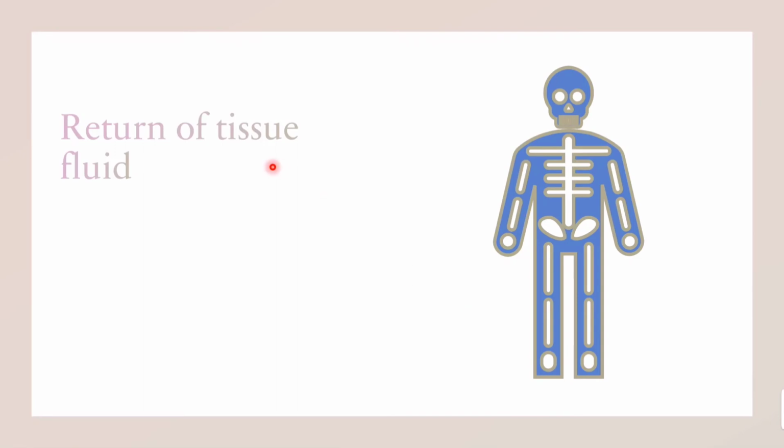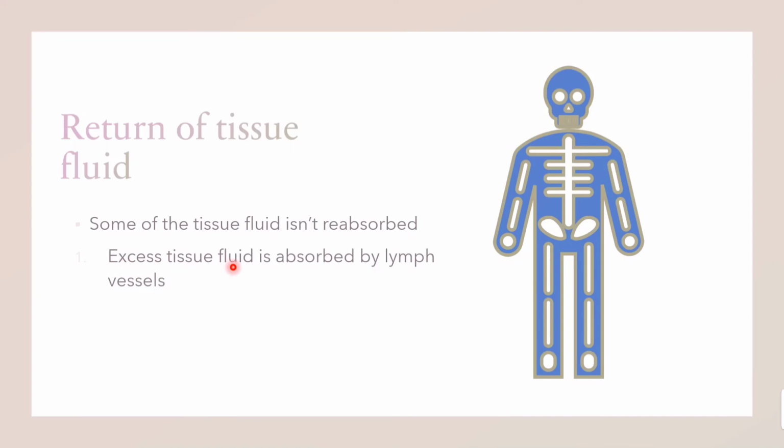So how does our tissue fluid return to the heart? Well, as we know, some of our tissue fluid isn't reabsorbed. So the tissue fluid that is reabsorbed into the capillaries will be taken back to the heart via the veins. But our tissue fluid that remains, what happens to it? So our excess tissue fluid that's left in the tissues and is not reabsorbed is absorbed by our lymph vessels